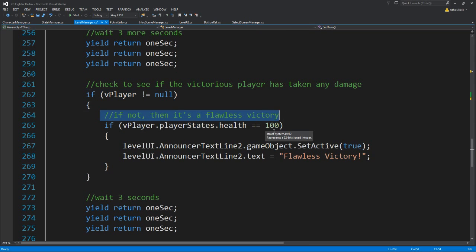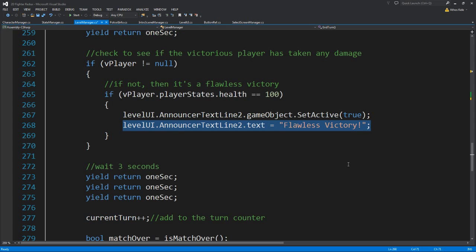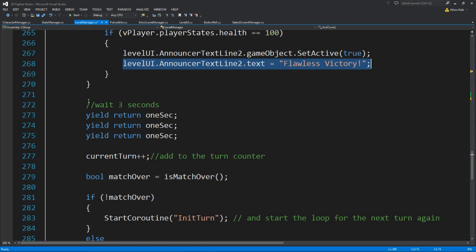Okay, then its health equals 100, so he didn't take any damage at all, or you can add a different equation or a different statement over here. Then open up the second line, the second announcer line, and say flawless victory. Okay, simple as that. Wait 3 seconds,